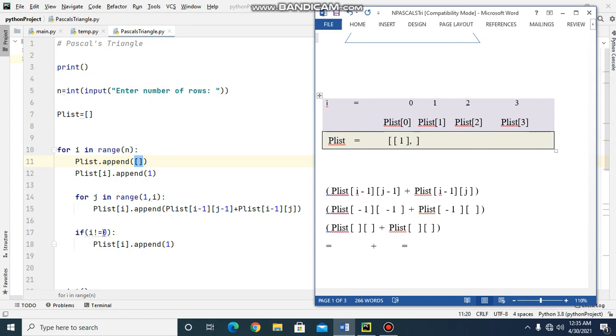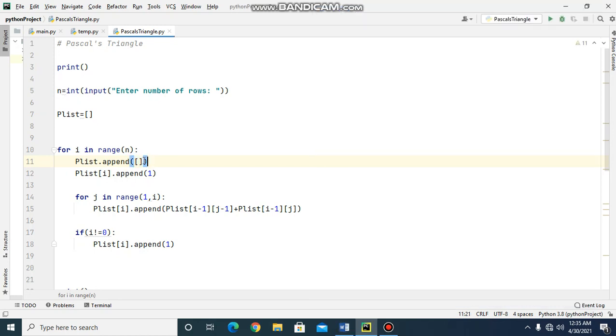It will check if i not equal to 0. So the condition is false because the value of i equal to 0. So it will not execute this statement. It will come back to the for loop for the next iteration of i. The value of i is 1 now. So it will come to the statement here and append another inner list to this P list.